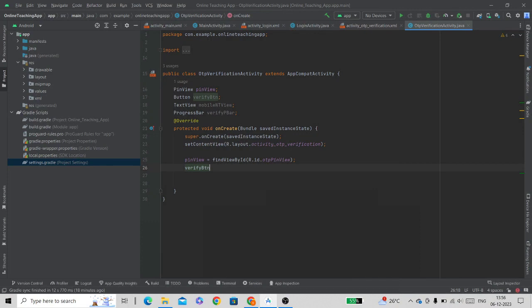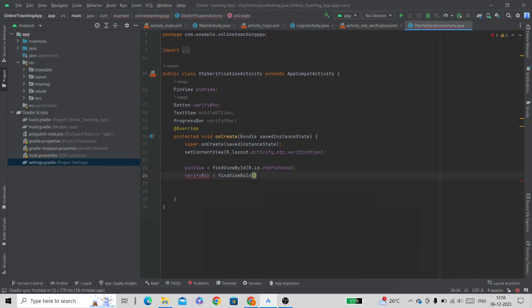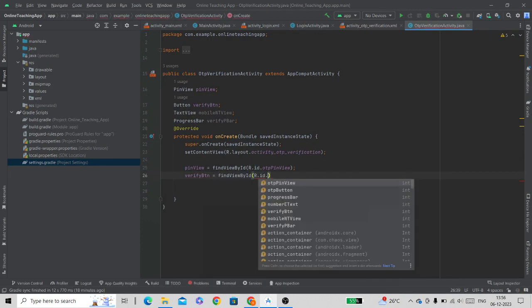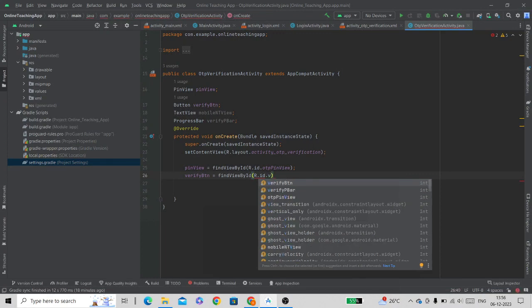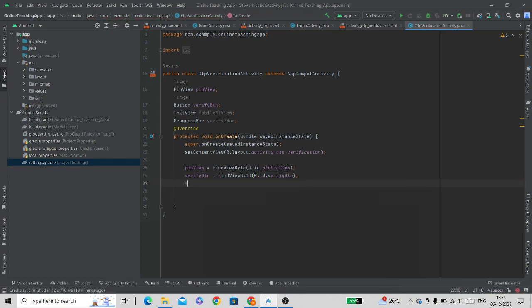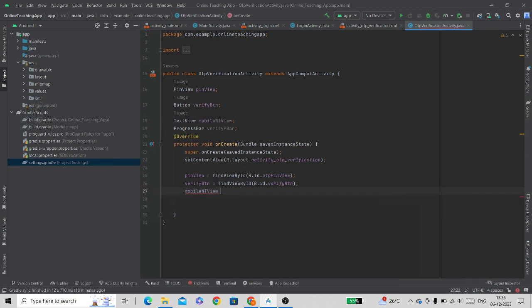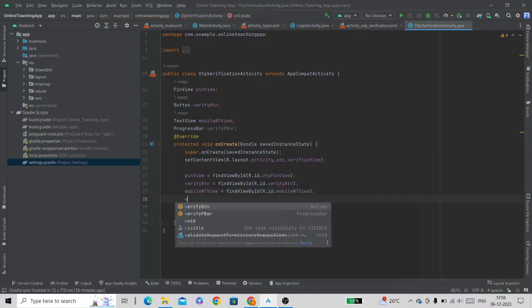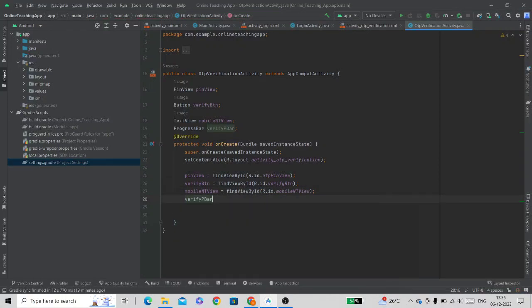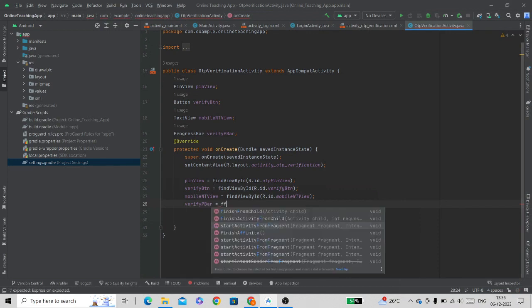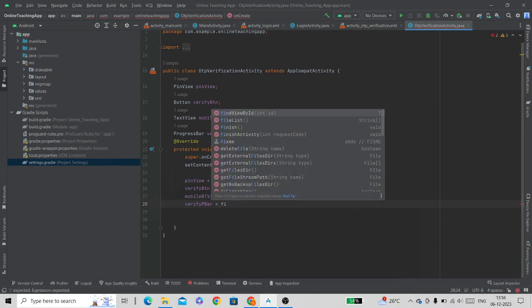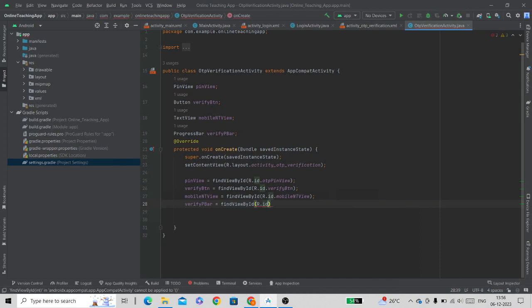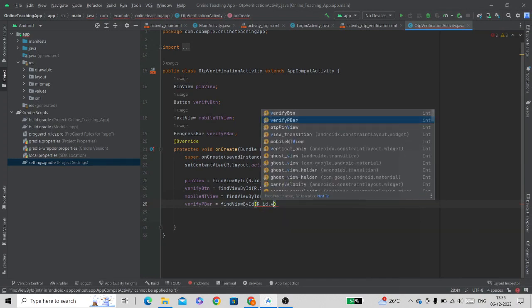Verify button equal to findViewById R.id.verify button. Mobile number text view is equal to findViewById R.id.mobile number text view. Verify progress bar equal to findViewById R.id.verify progress bar.